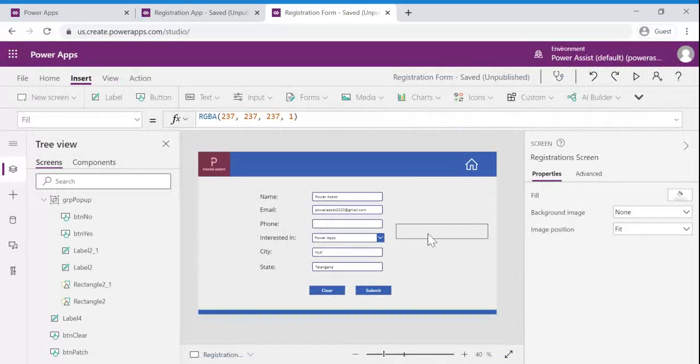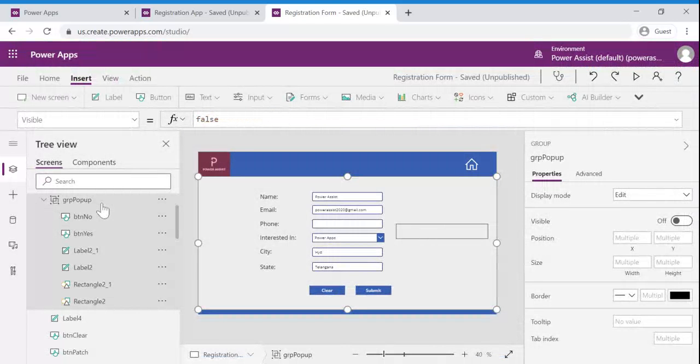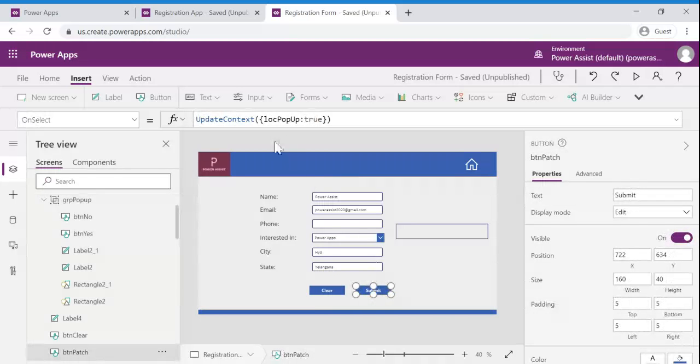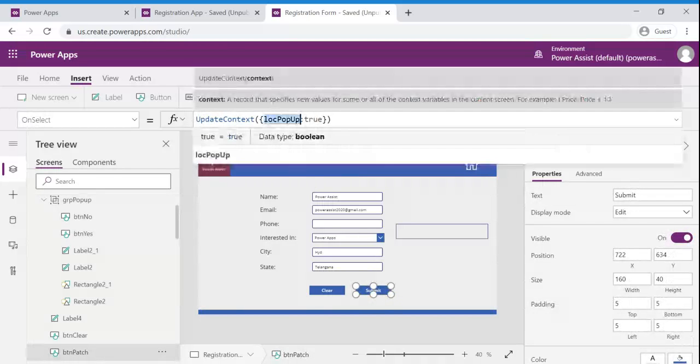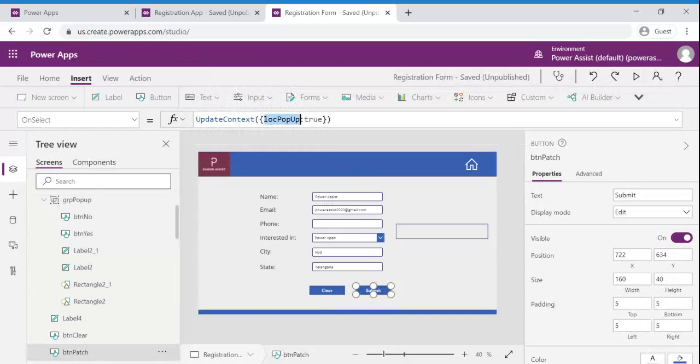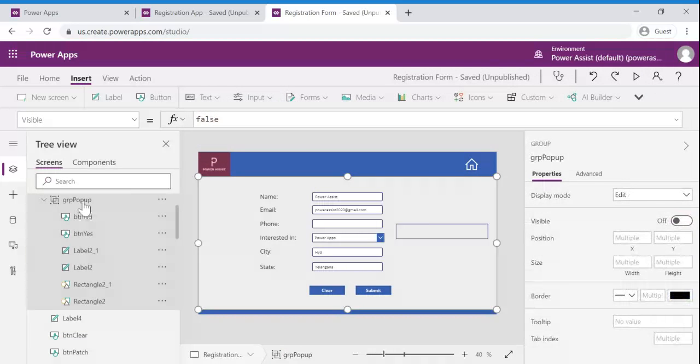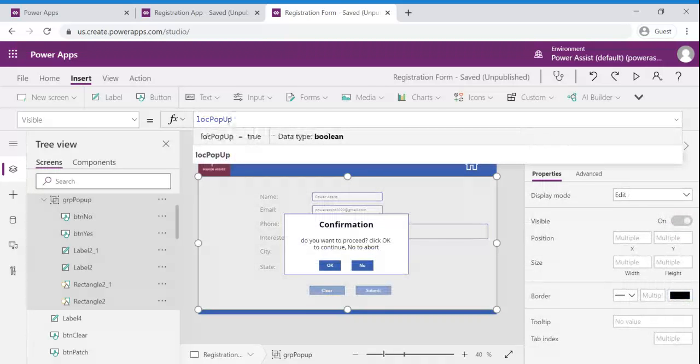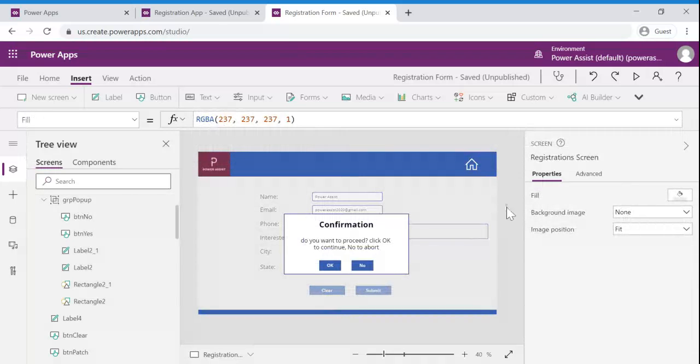Why this pop-up has not come is, if you remember, we just made this particular group's visibility false, but all the operations that we have performed are based upon this local pop-up variable. So what we need to do is copy this particular variable name, go to this particular group and update this false with the local pop-up. And if you observe, immediately this pop-up has come. This is because we had already submitted and the value had been set to true.